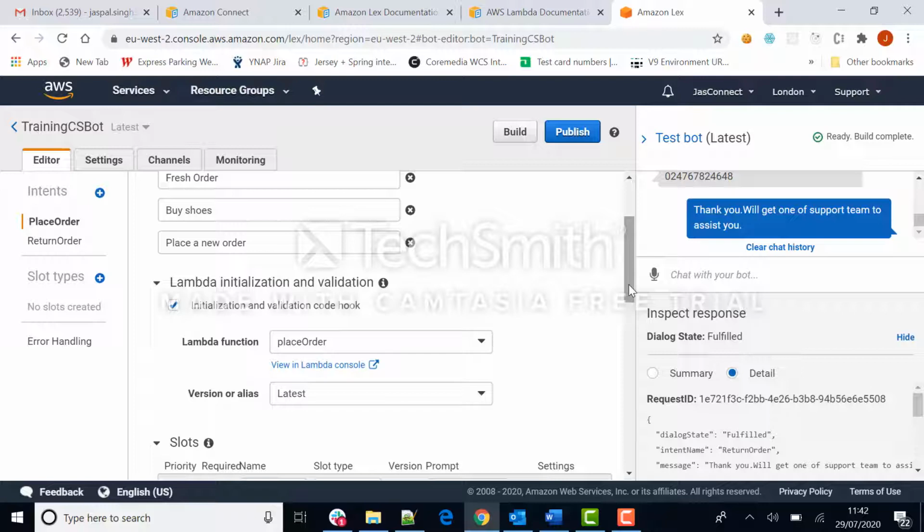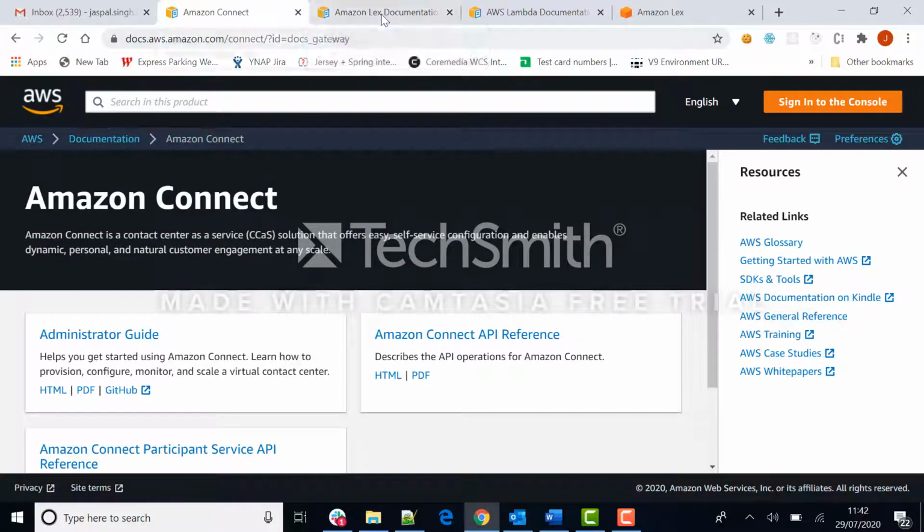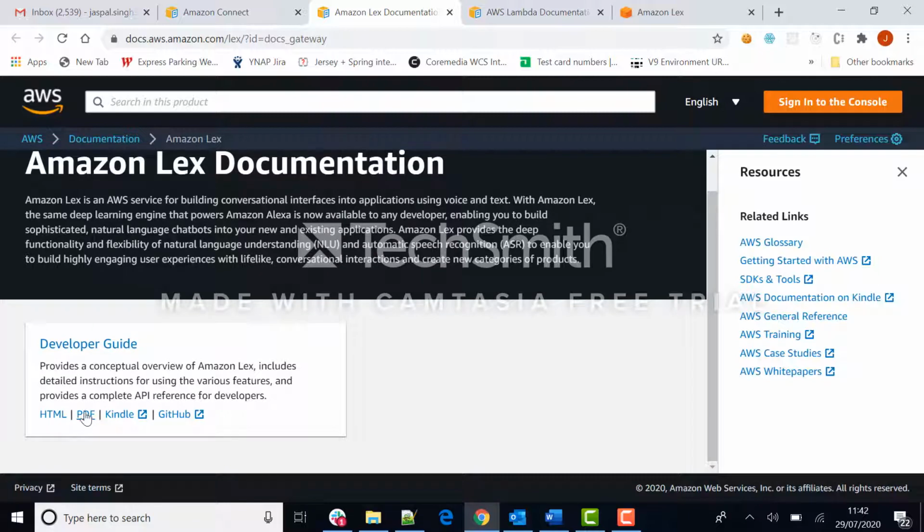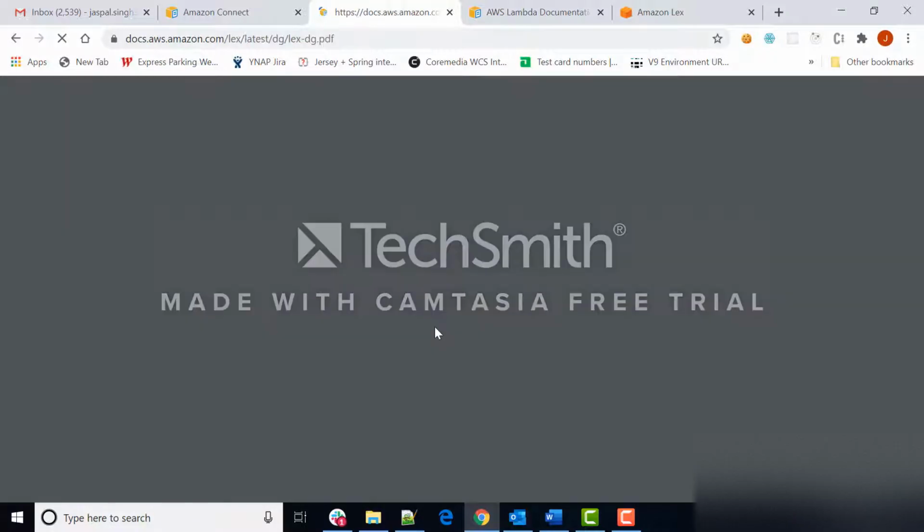So normally when you talk with the Lex bot, there is a particular structure of an intent. Let's say there's a request format and there's a response format. If you don't follow that request and response format, the Lambda function won't work properly with Lex. Now I'll give you an example. I'll just go to the documentation and show you. If I go to this PDF,